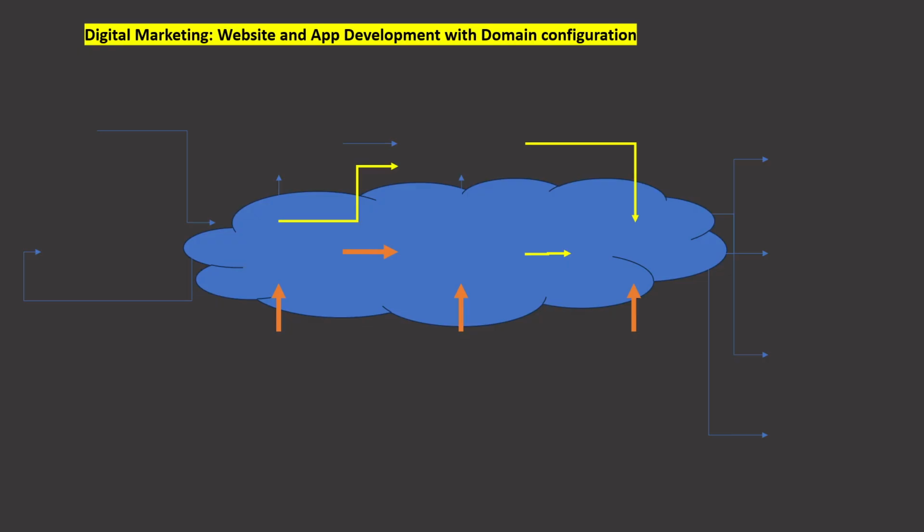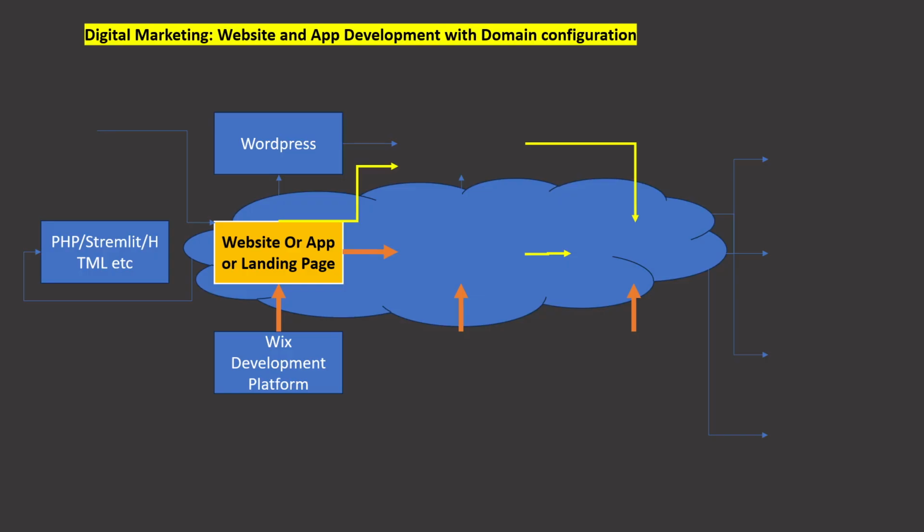So to understand what is happening, to start your digital marketing, you have to have one website. You have to develop one website, you have to develop an app, or you have to develop one landing page. How can you do that? You can use platforms like WordPress, Wix, or you can use any code to develop your website. Nowadays, platforms are there which can develop your website in 5 minutes. I will show you how. Once your website is developed, the process here is you have to give a name to your website. And that name you have to find whether that name is available or not. Say you can give XYZ